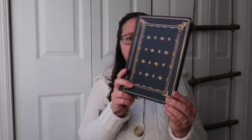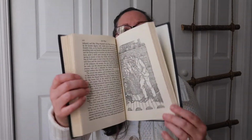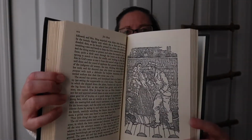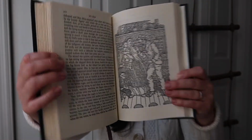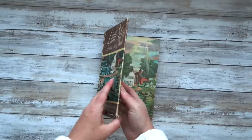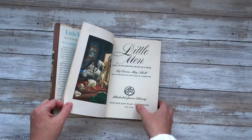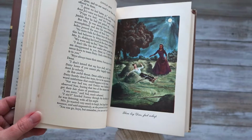And then, of course, we have Jo's Boys, beautiful ribbon bookmark, beautiful hardback cover, and it has some black and white images. This is mine from when I was growing up. And this is an international collector's library. Then I have Little Men. And this is also an illustrated junior library version. This was also published in